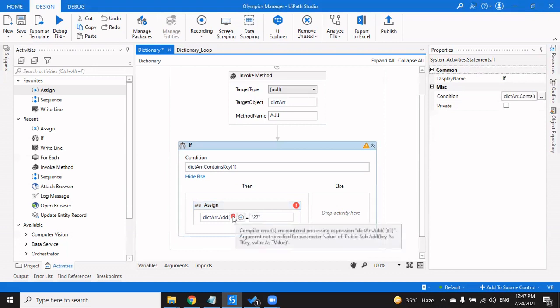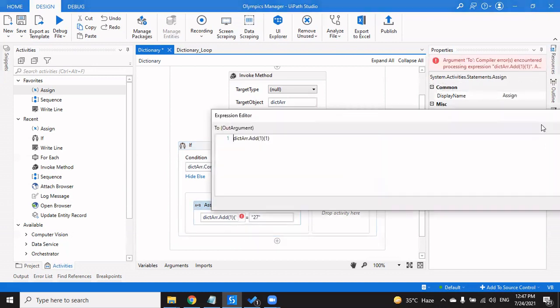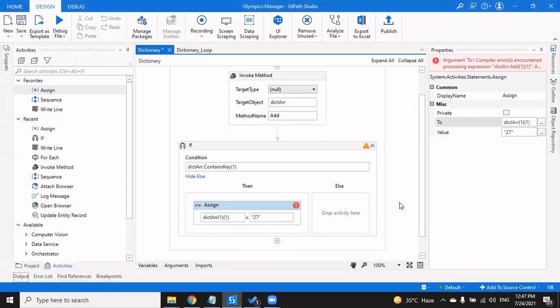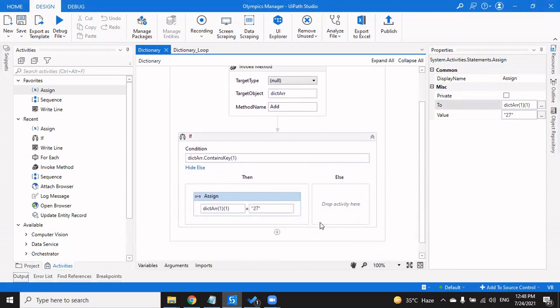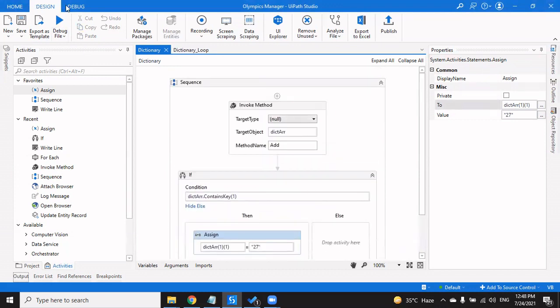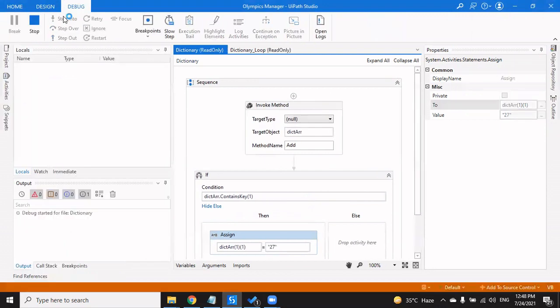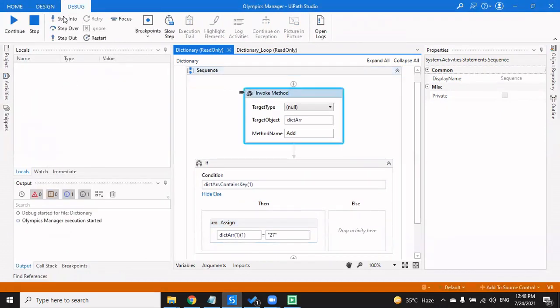We get an error here because I must be missing something. I think it needs to be done like this. This way probably. Let's check if it actually works or not. I'm going to run it in debug mode so that we see the output in the output pane as well.